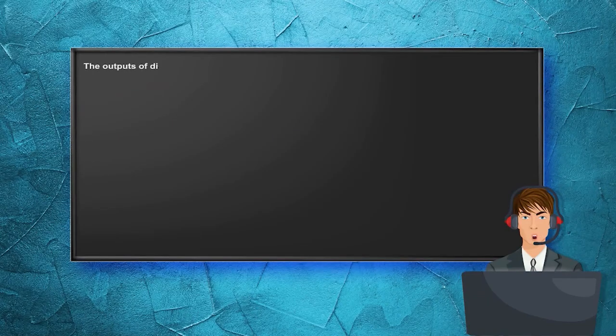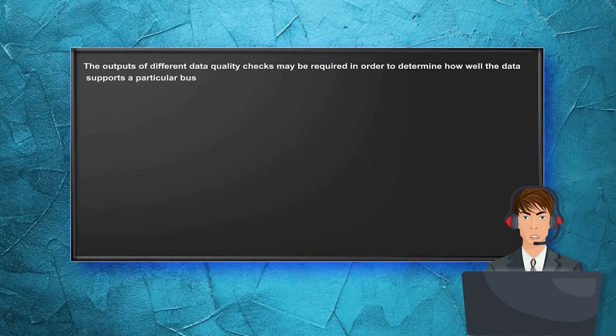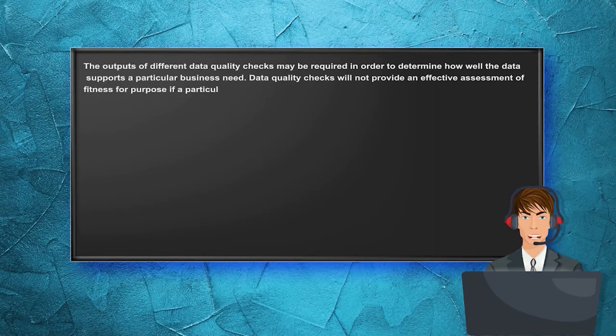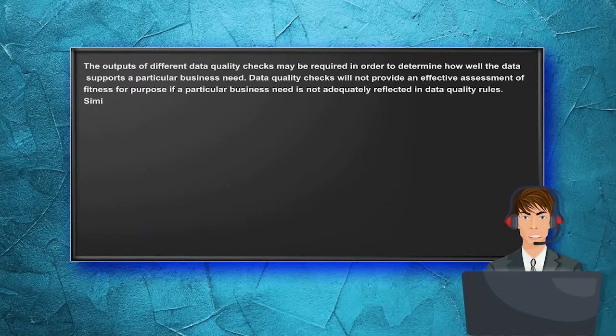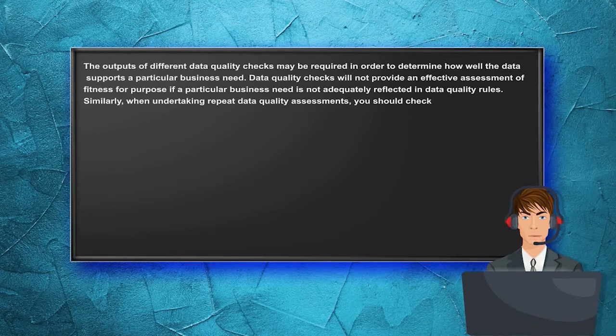The outputs of different data quality checks may be required in order to determine how well the data support a particular business need. Data quality checks will not provide an effective assessment of fitness for purpose if a particular business need is not adequately reflected in data quality rules. Similarly, when undertaking repeat data quality assessments, you should check to determine whether business data requirements have changed since the